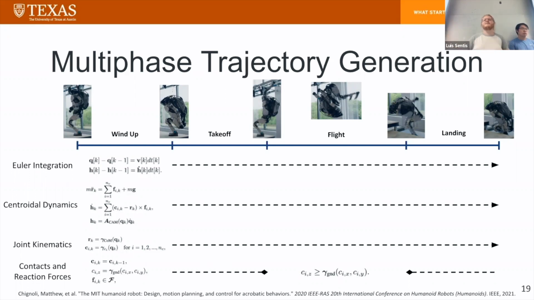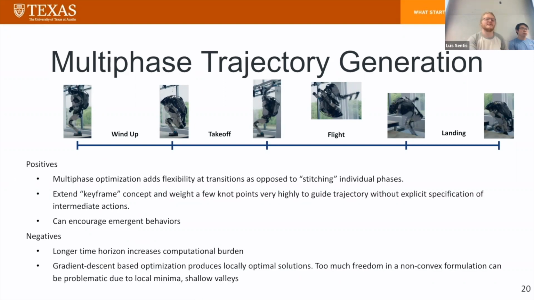For time's sake and because of the easy terrains, we just left that out. But that's another thing to keep in mind there. So we were very optimistic about multi-phase trajectory generation in the beginning. We thought this is going to be cool. It's going to add a lot of flexibility at these transitions. Instead of having to stitch these phases together and have very strict intermediate spots, you can let the optimizer